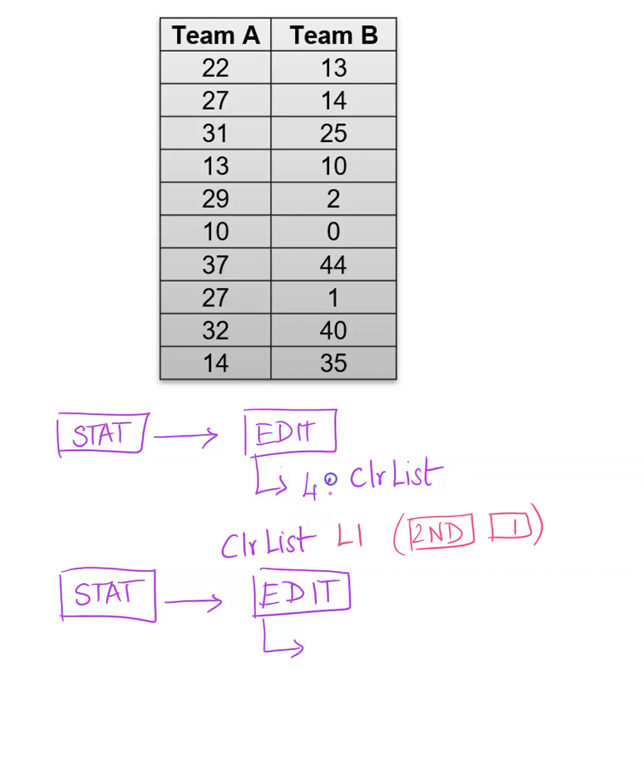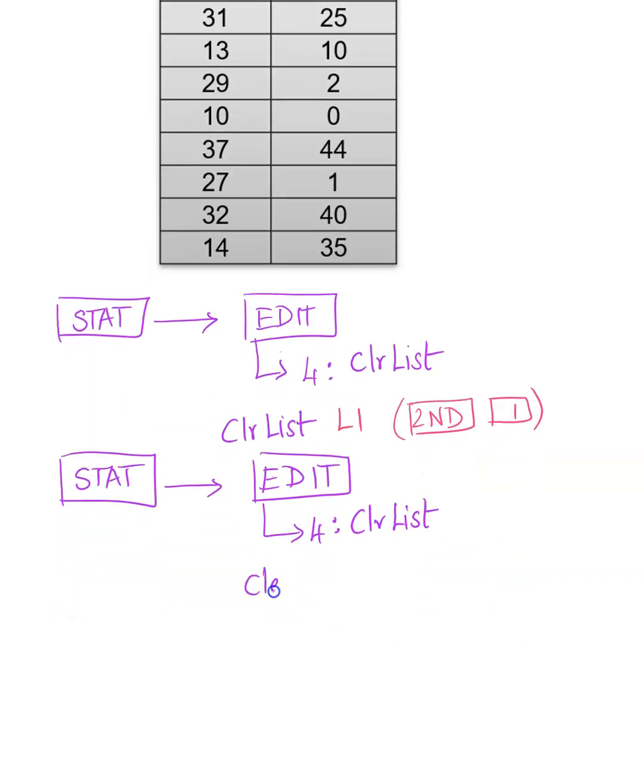Go to number 4, the fourth item in the menu. That's going to say clear list, and this time you're going to enter L2. L2 is the second button and the number 2 button. So that's L2, and then when it's done, now that's cleared, you will go back to Stat,